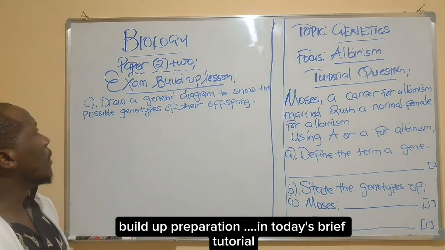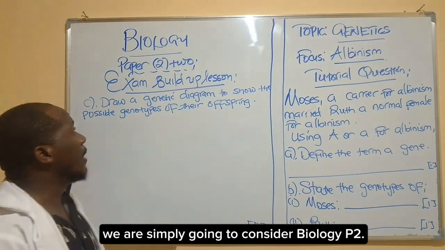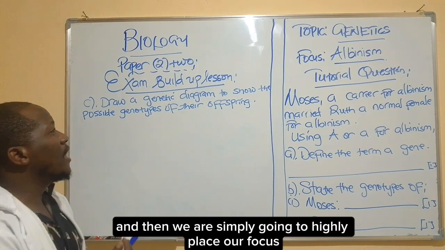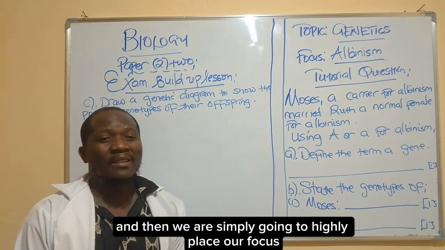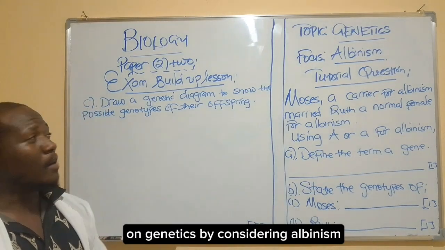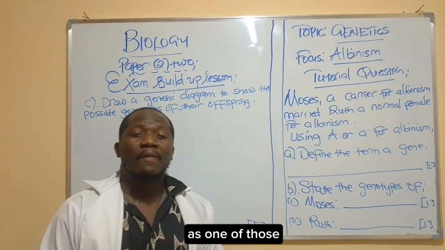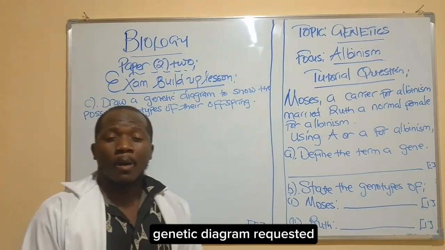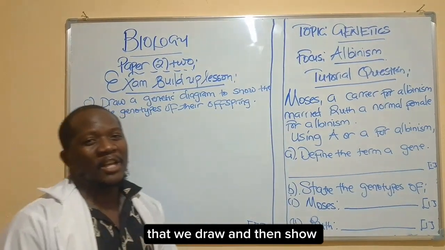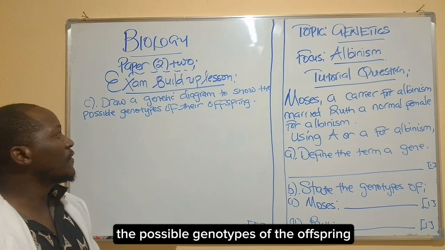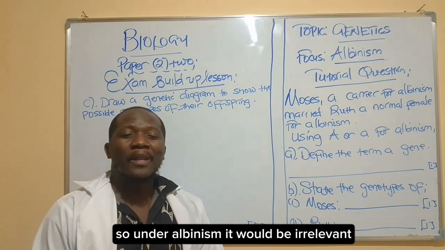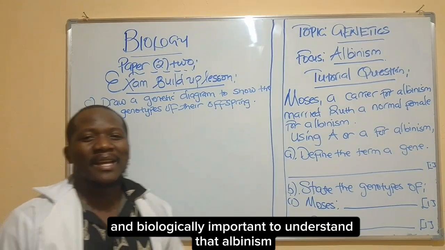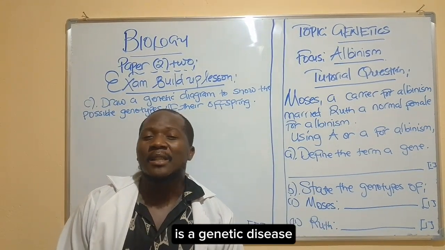In today's brief tutorial, we're simply going to consider Biology Paper 2 as an exam build-up session, and we're going to place our focus on genetics by considering albinism as one of those areas under which we can have a genetic diagram requested that we draw and then show the possible genotypes of the offspring. So under albinism, it would be relevant and biologically important to understand that albinism is a genetic disease or